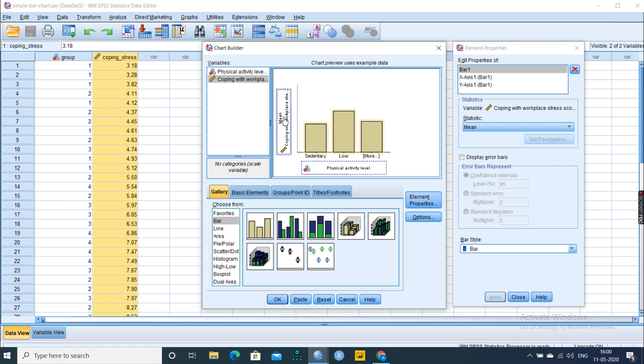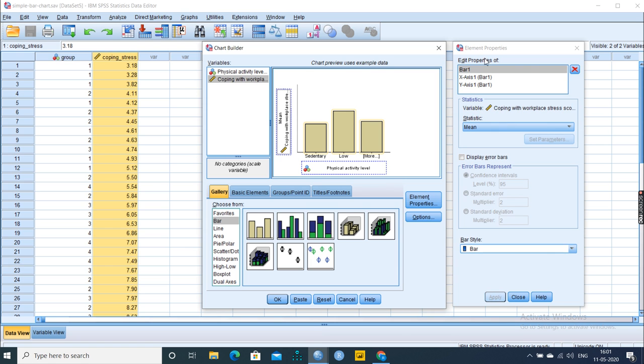In short, the dependent variable is always advisable to be taken under y, because this study is all about coping stress with respect to the physical activity. What way the coping stress varies with respect to physical activity, this is the notion of this study. So here nominal variable at x-axis, scale at y-axis. What you want to measure is generally the dependent, to be continuous.